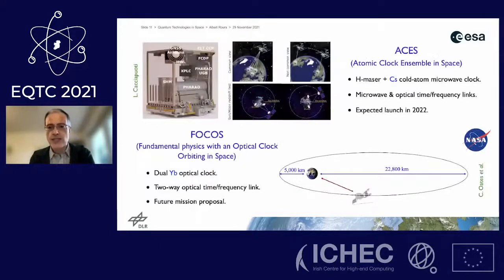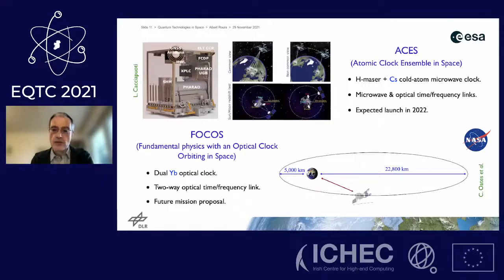Just here, two examples of already planned space missions implementing some of these ideas of atomic clocks in space, and also microwave and optical links between different clocks on ground. One of them is ACES. This is a European mission of the European Space Agency, and the key ingredient here is